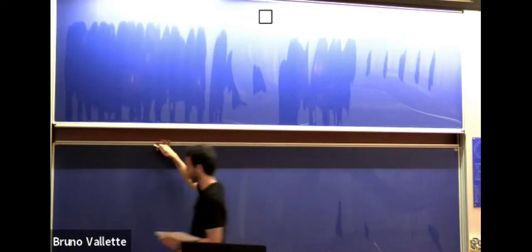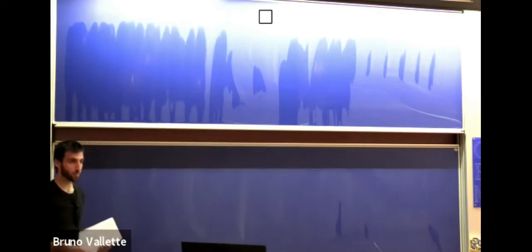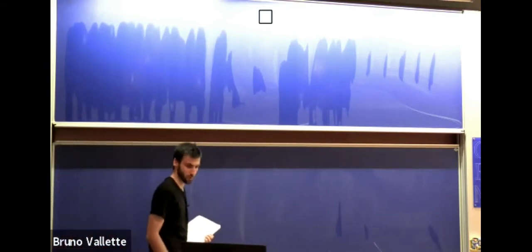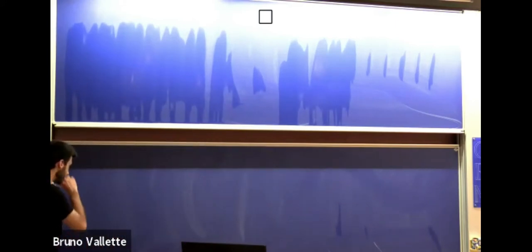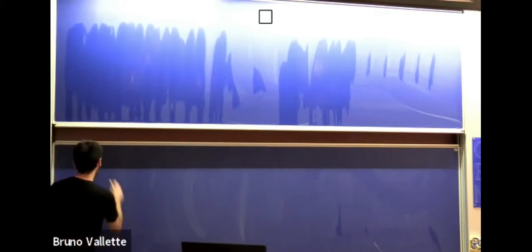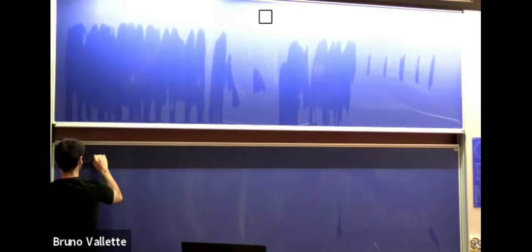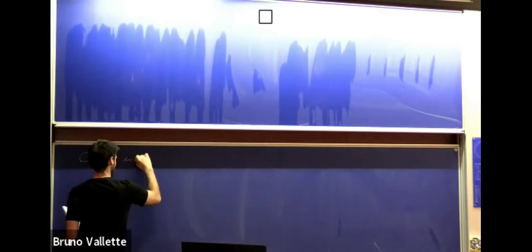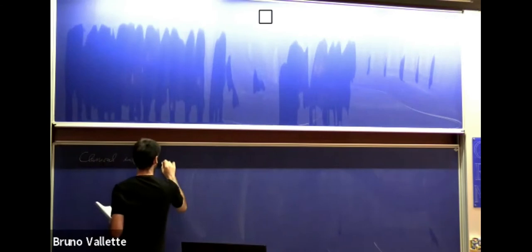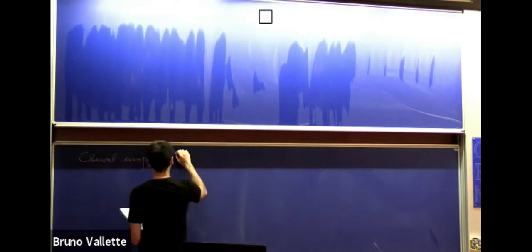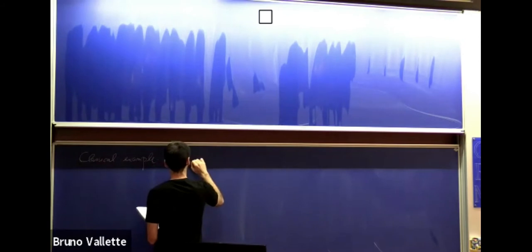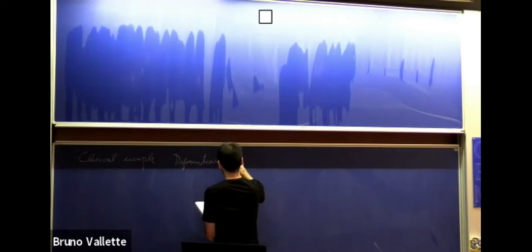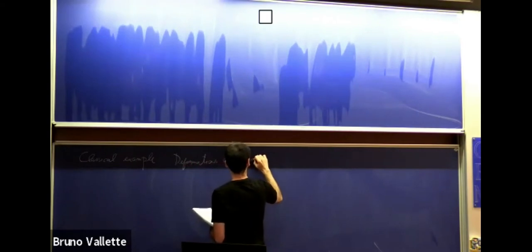So the goal today is to talk a bit about this formalization of deformation theory, and let me start with some classical example, which is the deformation of complex varieties,